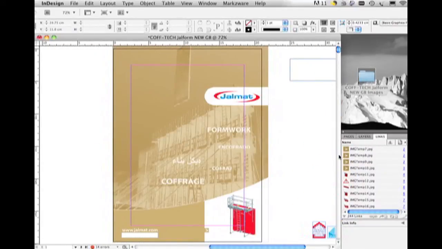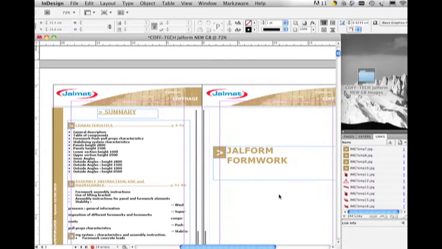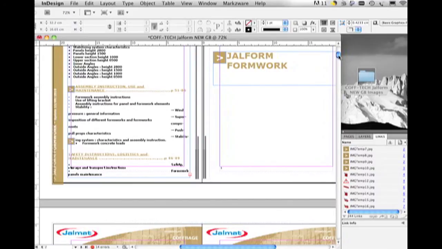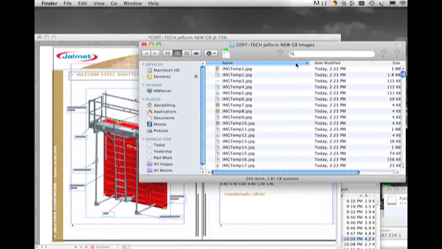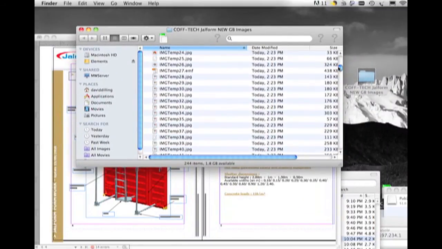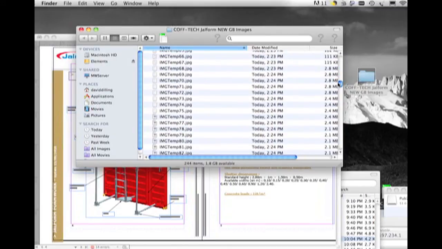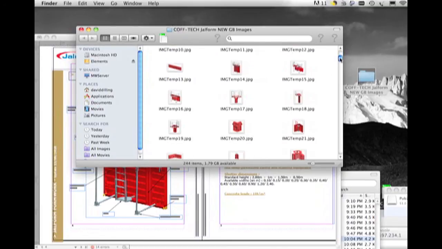Here we see the file, quite a complex file. Lots of images and diagrams, and we see over here the links to all the different images used. And on our desktop we have the images folder, and if I click that open, you'll see all the images that are used in the file are right here within the images folder, where they were just extracted by Pub2ID.